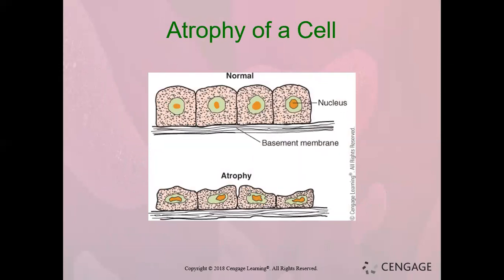And here's just a picture of a normal cell and then a cell that's atrophied. These could be muscle cells. When you think about, I don't know if you have ever had a cast, and then when they take off the cast, the broken leg will be smaller than the other leg because the muscle has atrophied because you're not using it, or an arm, anywhere in there is going to be smaller because the muscles haven't been used.